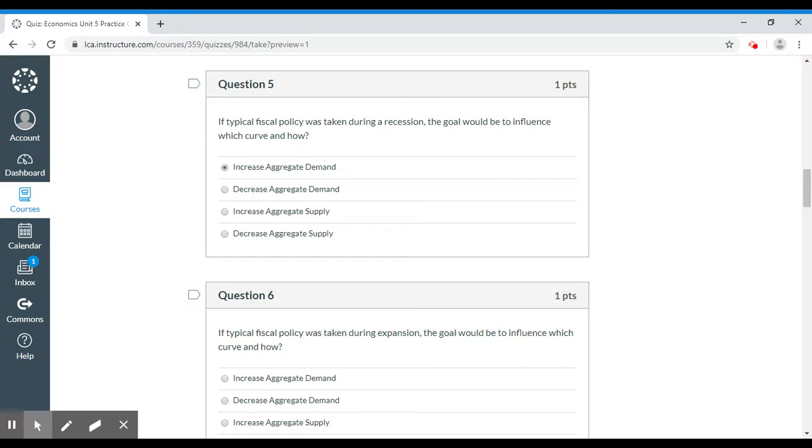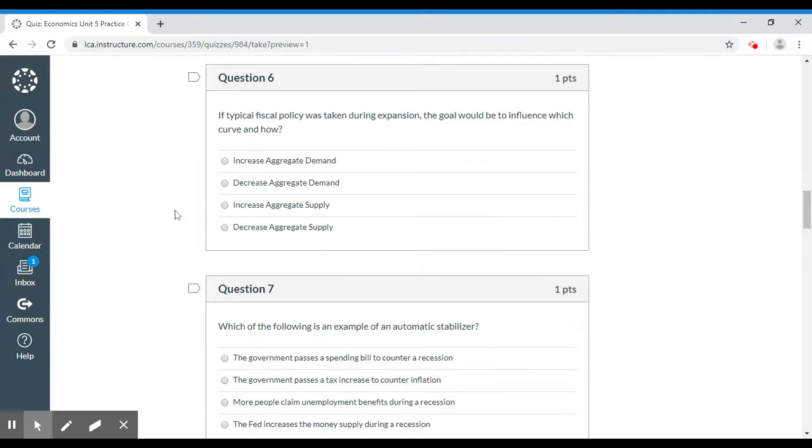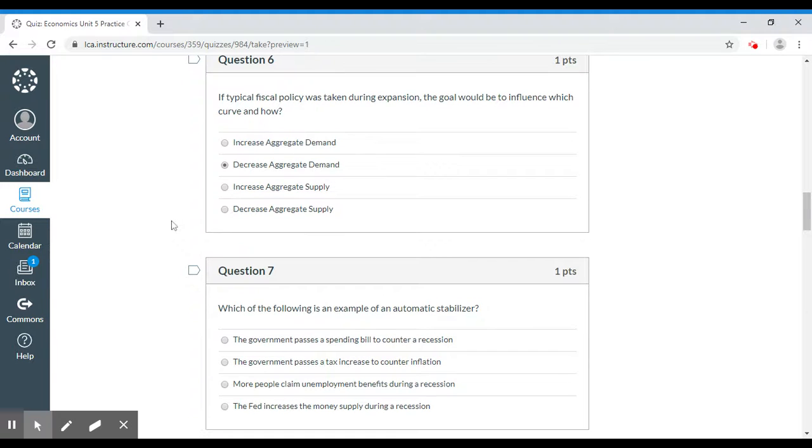People have money, they spend it. You're talking about spenders or buyers. That's a demand thing. And of course, in recession, they want to increase it so that they boost the economy. If fiscal policy was taken during expansion, the goal would be to decrease aggregate demand. By decreasing aggregate demand, it cools the economy off and specifically brings inflation down, which is sometimes the concern during